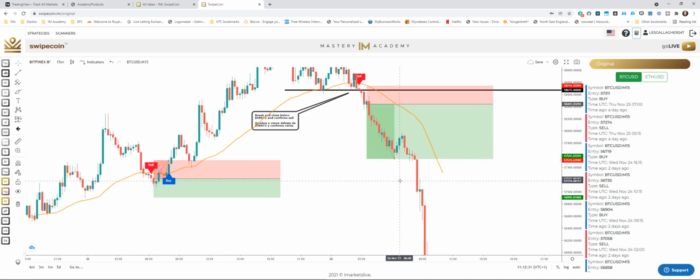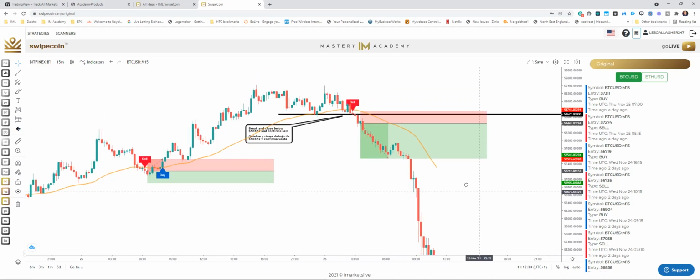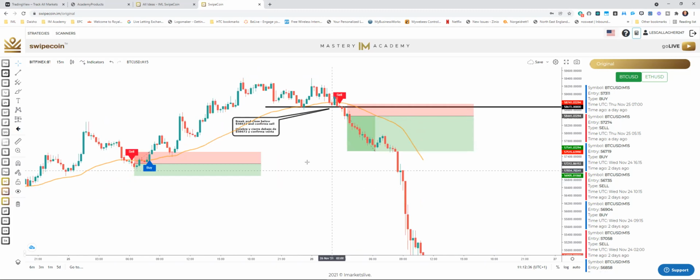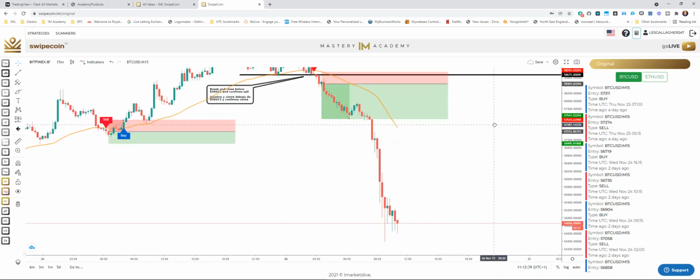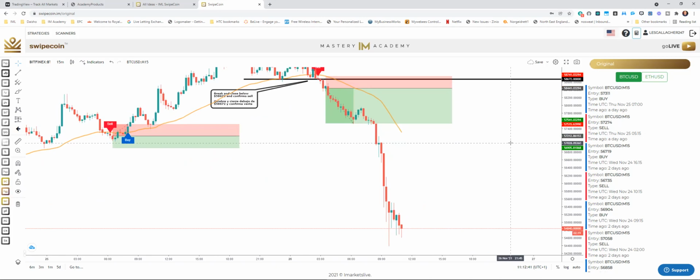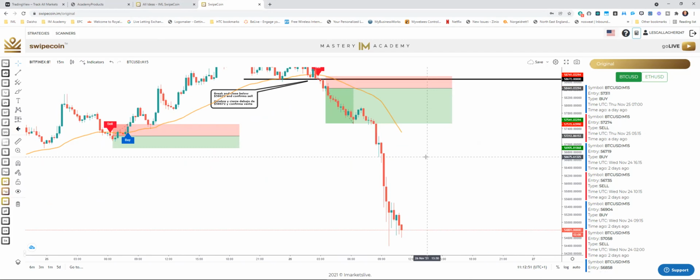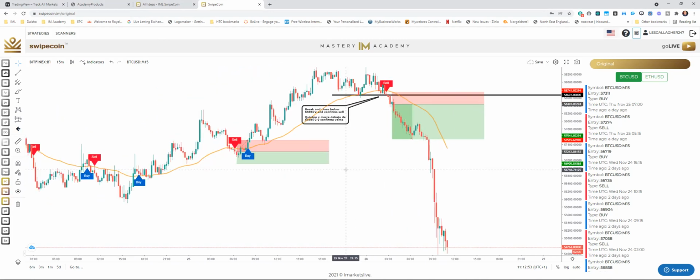Okay, now just to finish up on Swipecoin Scalper, there is one more strategy you can use, and there's a guy called Sean, I can't pronounce his surname, Sean spelled S-A-U-N, but it's pronounced Sean. Sean also has what's called a blueprint strategy, right? Now the blueprint strategy